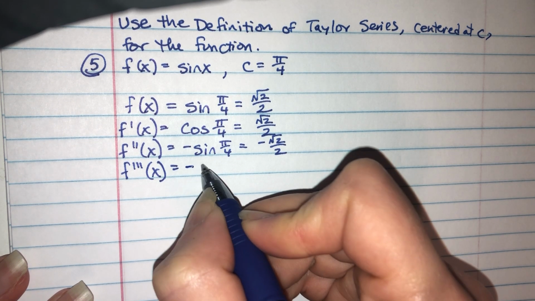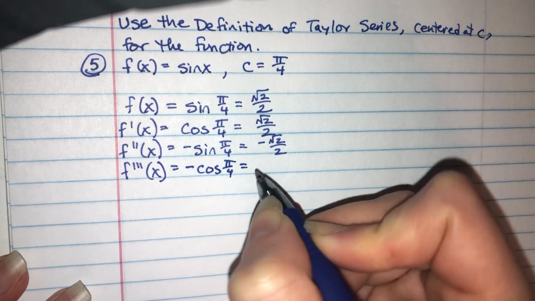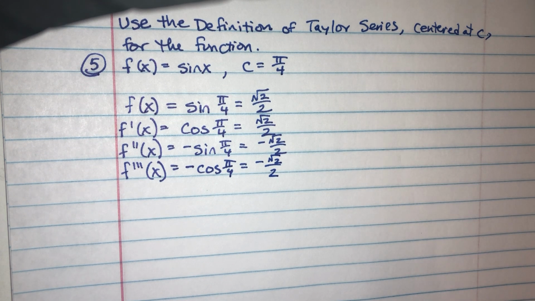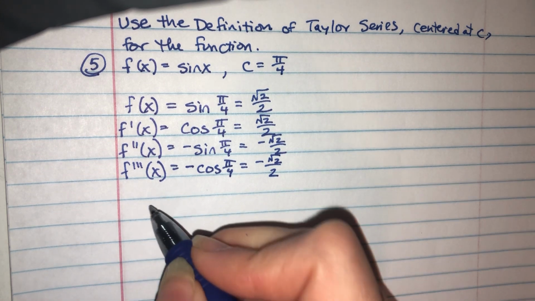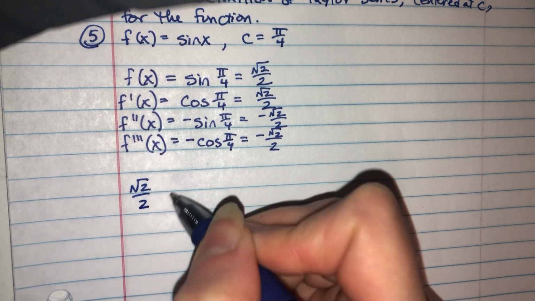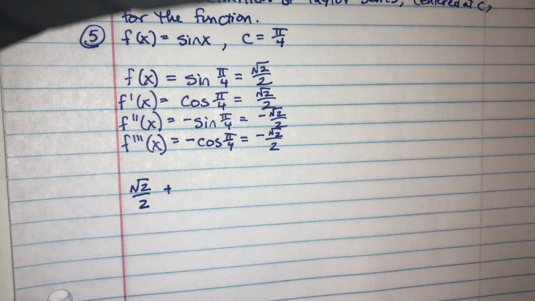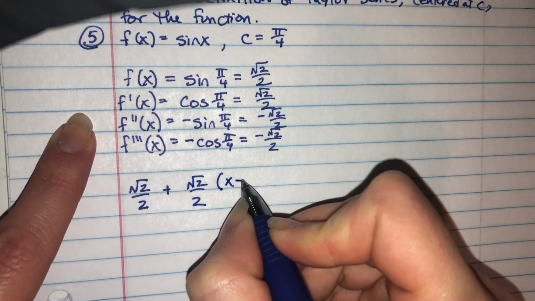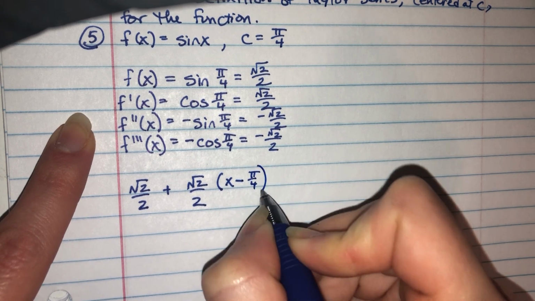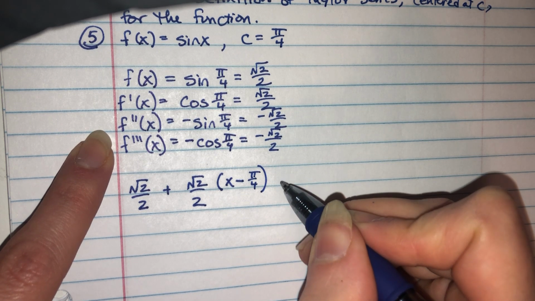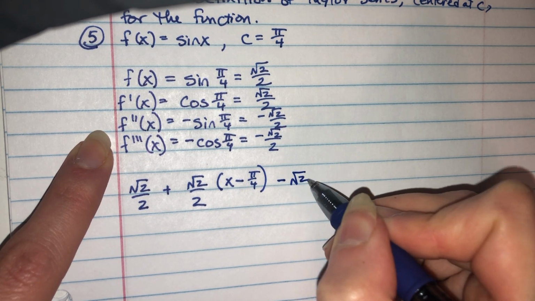So now I've got negative cosine of pi over 4, which is negative square root of 2 over 2. Okay. Now, we're going to put our first term, which is f of c, which is square root of 2 over 2. And then we're going to do our second term, which is f prime of c, so square root of 2 over 2 times x minus c, which is pi over 4. And then our third term is going to be f double prime of pi over 4, which is negative square root of 2 over 2,